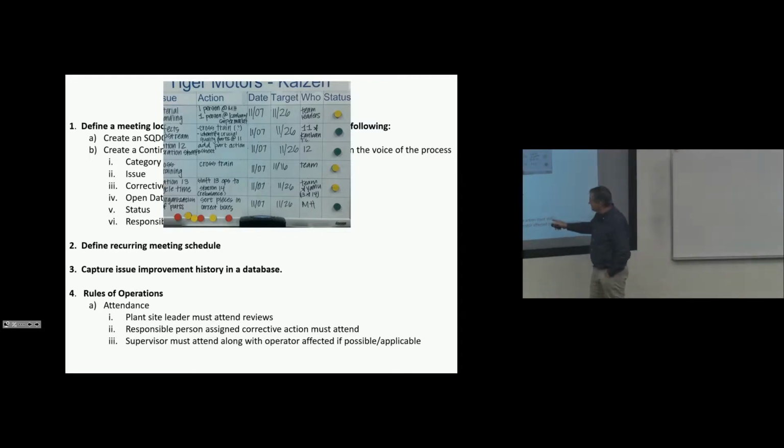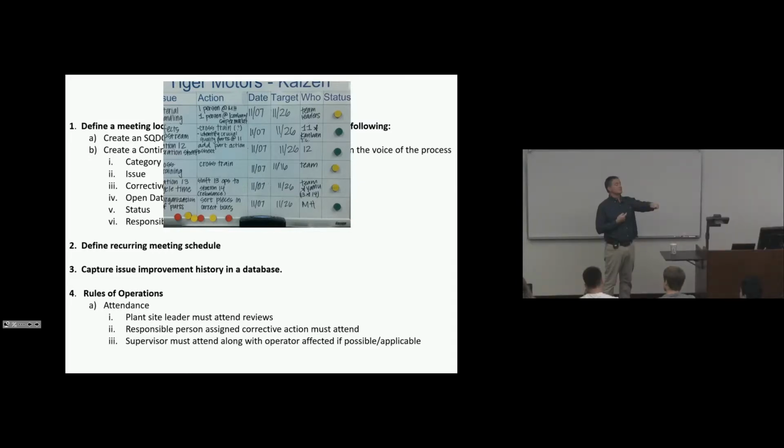Responsible person assigned corrective action must attend. Supervisor must attend along with operators if possible. So you have people that said, we need this fixed, it's affecting my job, we have a machining problem, I want that on the board, I have authority. That never goes away. Never goes away unless the plant manager says, I'm removing it, the trump card. Now the organization must take care of this. So that person should, if we can get them free from the process, attend the review, that's good.